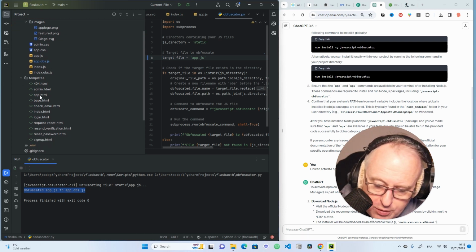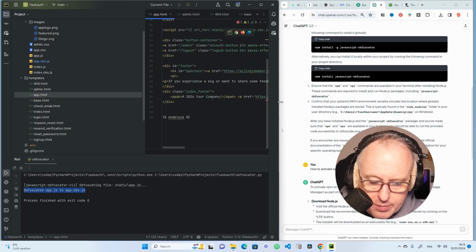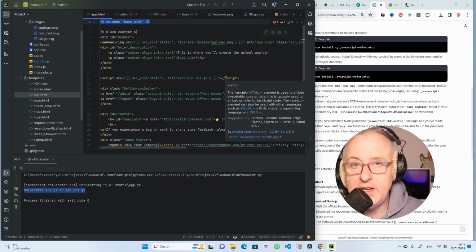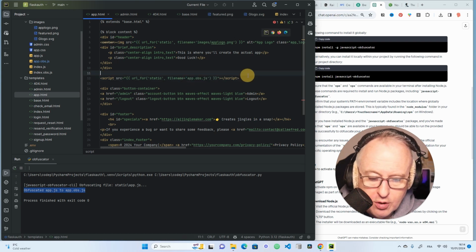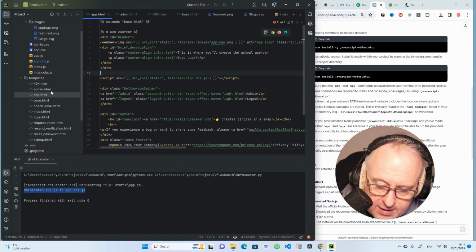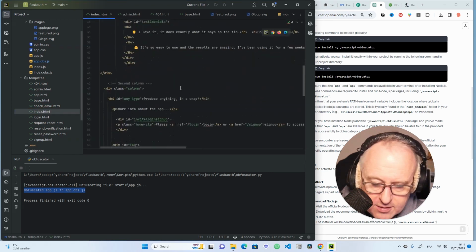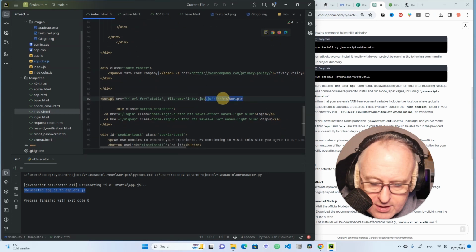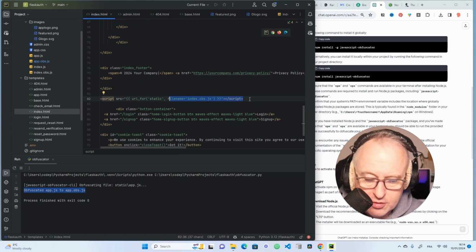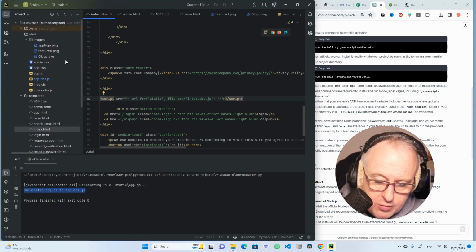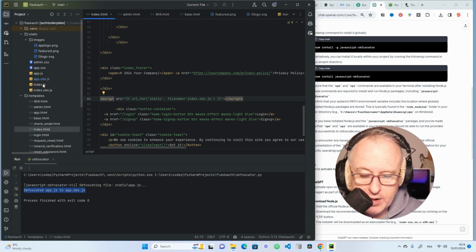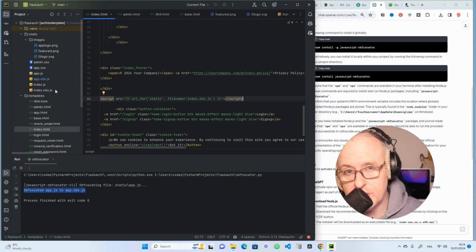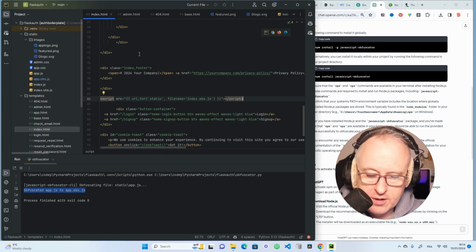app.obs.js. And if we look at the app.html page, let's make this a bit bigger, you will see at the end of the file, or here at the end of the body, that we link to app.obs.js and not to app.js. And that's the same at the end of the index.html. So if I go, yes, there you can see that I link to index.obs.js. And what I do usually is that I don't push the app.js to GitHub and the index.js to GitHub and then to Railway. I just push the obfuscated versions of the files